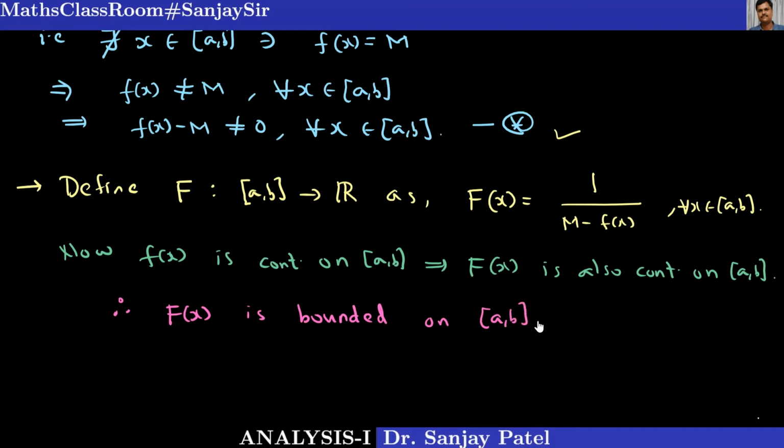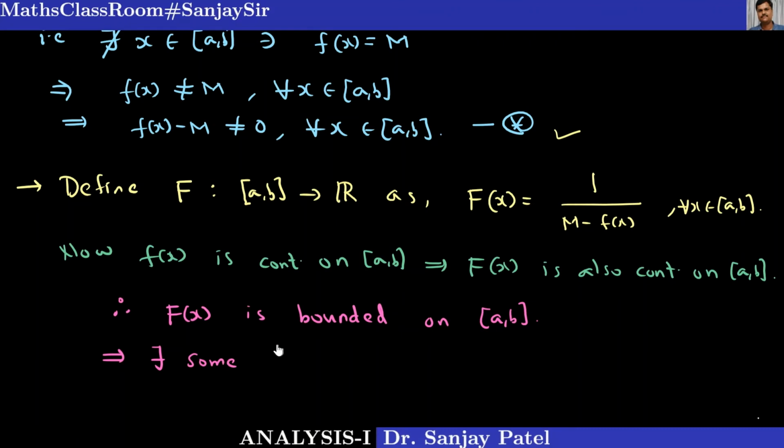F is bounded on closed interval [a, b]. So its supremum and infimum both exist. That is, LUB and GLB exist. Or I can say there exists some k. I can also write this way: there exists some constant